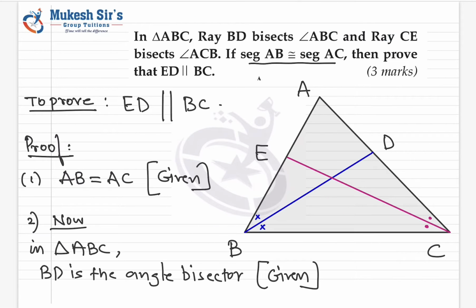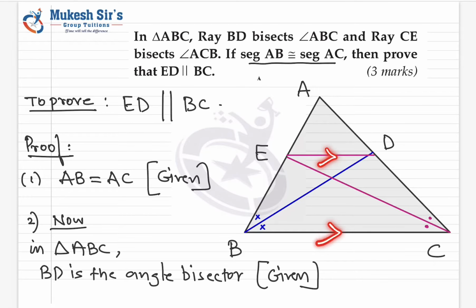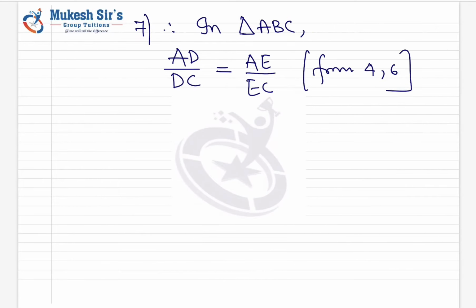So now we come back to the original triangle. You can see this triangle, and in this triangle now, if I join that ED, then what did you get? AD upon DC is equal to AE upon EB, right? Therefore this line is parallel to this line, right? Whenever the ratios in a triangle are equal, the lines are parallel. That comes by converse of basic proportionality theorem, which we solved many sums on last time. So you get ED is parallel to BC. So you can write the final answer.